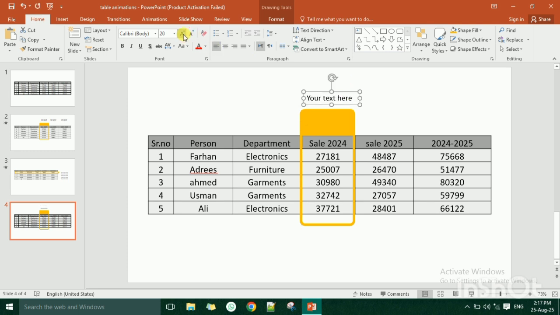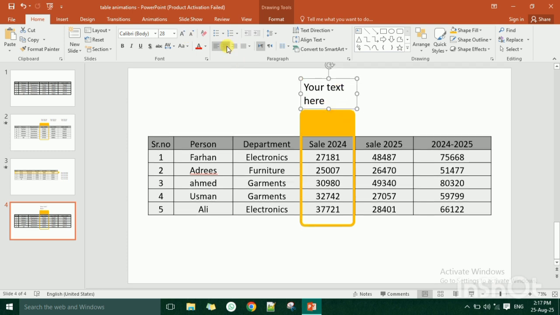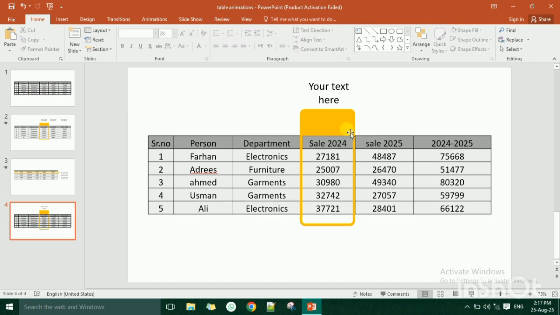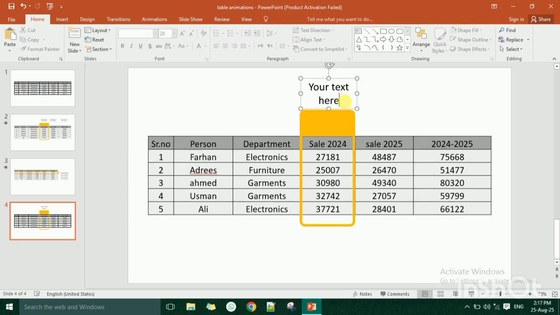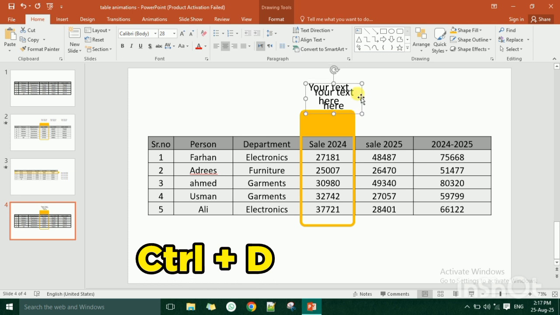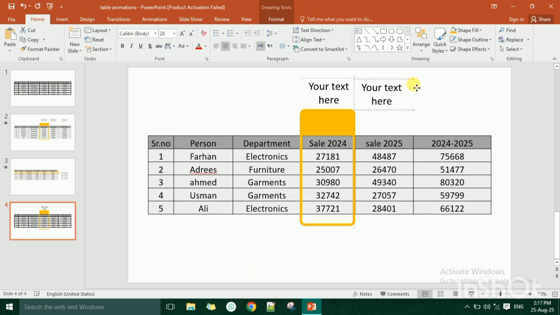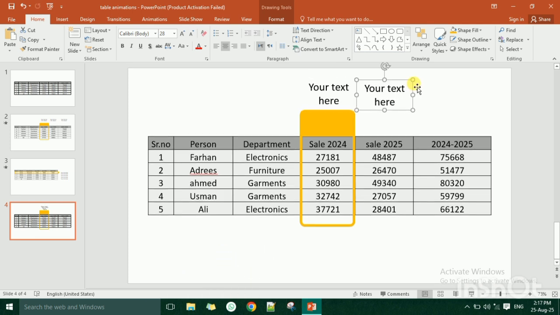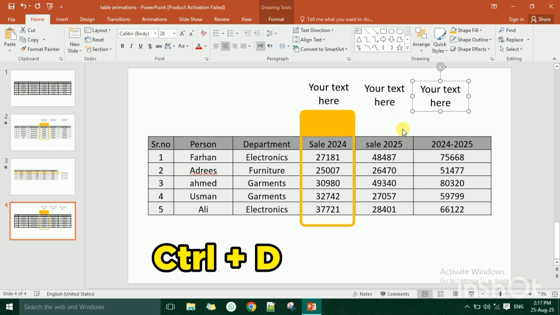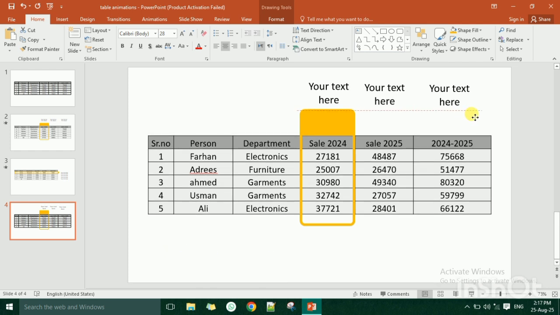You can increase its size or whatever you want, and I'll place it a little bit above and centralize it. Now let me duplicate it, so I'll click on it and duplicate, and I'll bring it to the right side up on the second column, and I'll press Ctrl D again to bring it to the third column right here.